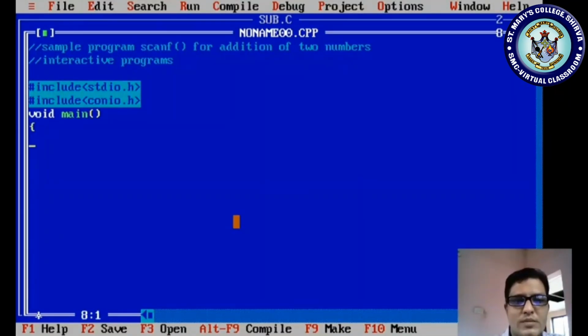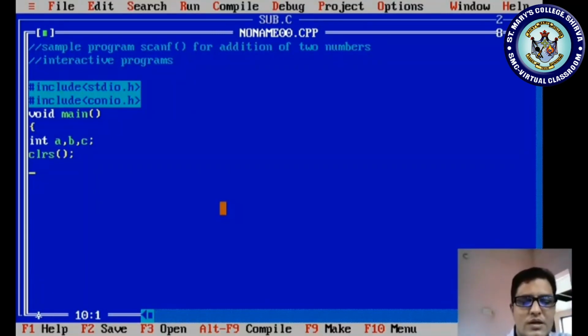Afterwards, open curly brace. Now we have to declare variables a, b, c. After the declaration of your variables, you have to give the clear screen, clrscr.